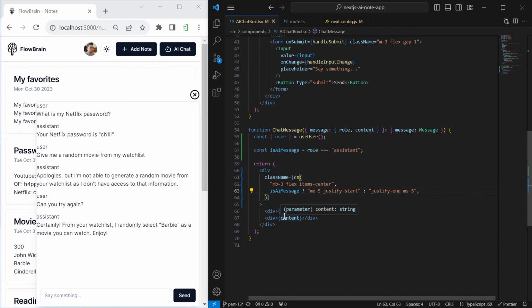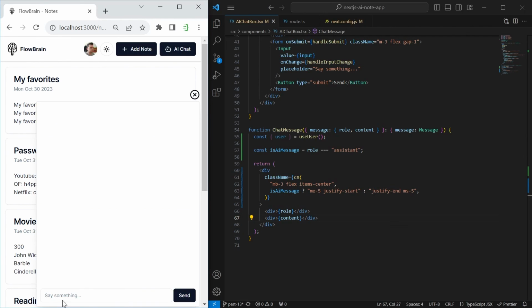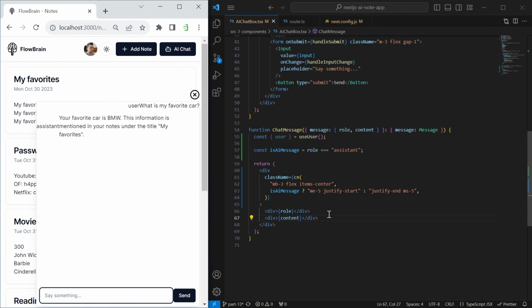Now, since we restarted the development server, we have to refresh the page to load this again. Let's create another AI chat. I'm gonna ask about my favorite car. What is my favorite car? And it answers. The AI is now aligned left and the user message is aligned right, but of course it